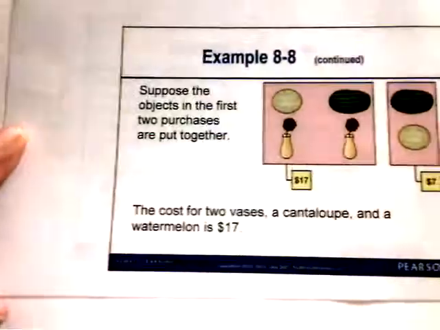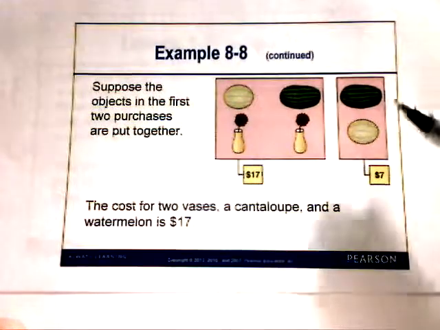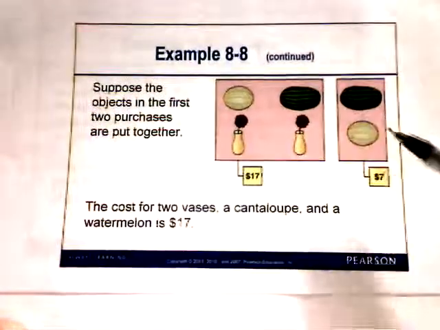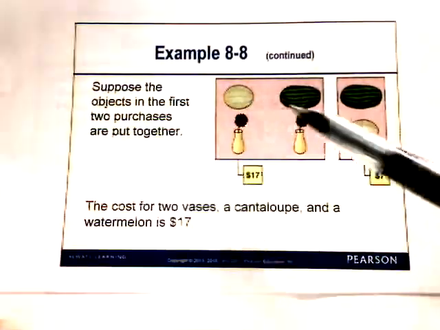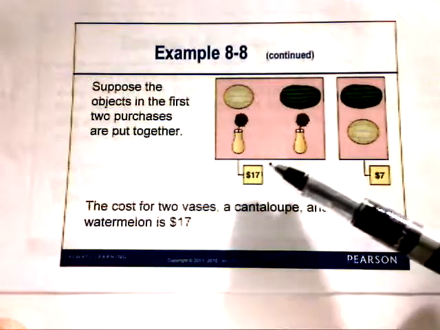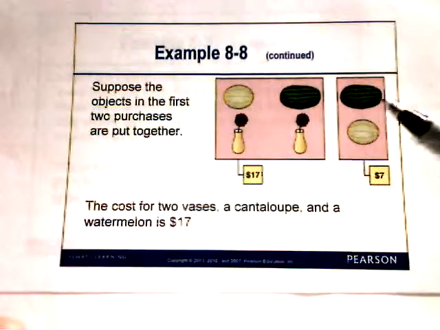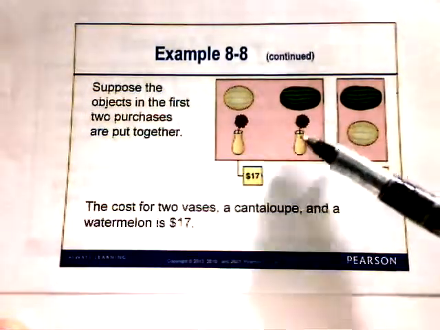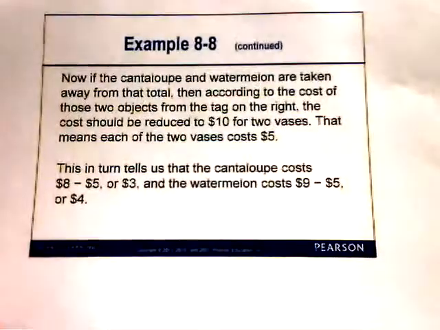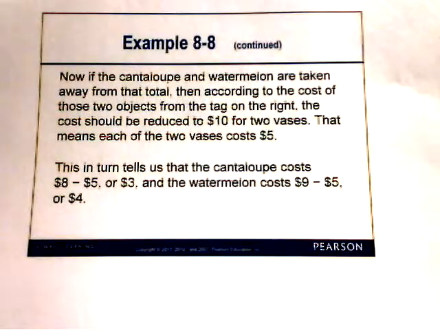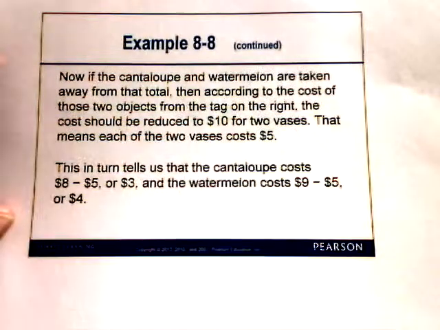Because if you look at this, a cantaloupe and a watermelon cost $7. Take these away, that means you're going to subtract $7 from the $17. That would give you $10. So that means that the cost of these 2 vases has to be $10, which means each of the 2 vases will have a cost of $5. If that's the case, then